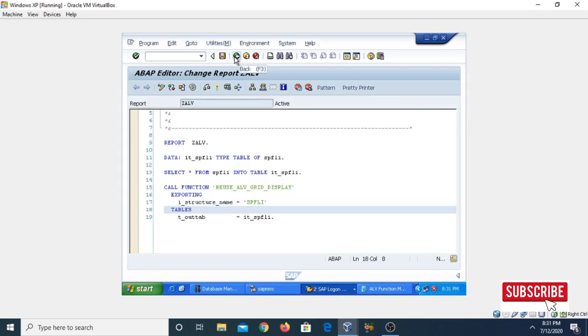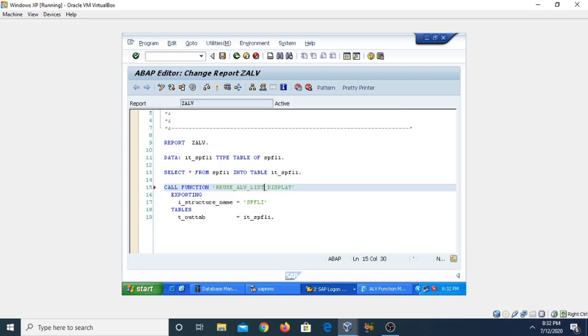We have used here the function REUSE_ALV_GRID_DISPLAY. Because we have shown the data in the form of a grid, if you want to show the data in the form of a list, just call a different function: REUSE_ALV_LIST_DISPLAY.